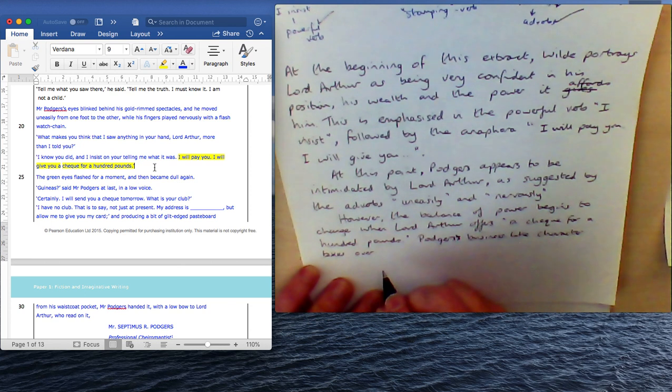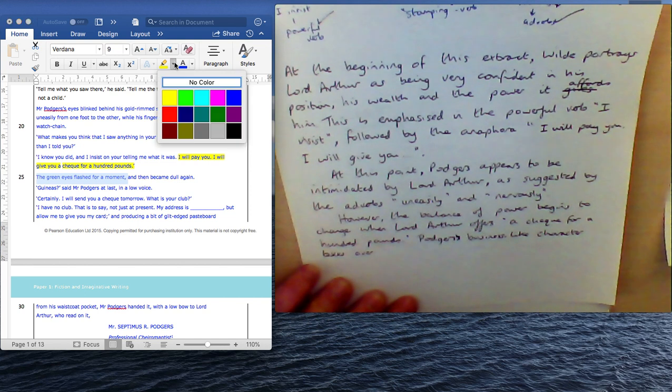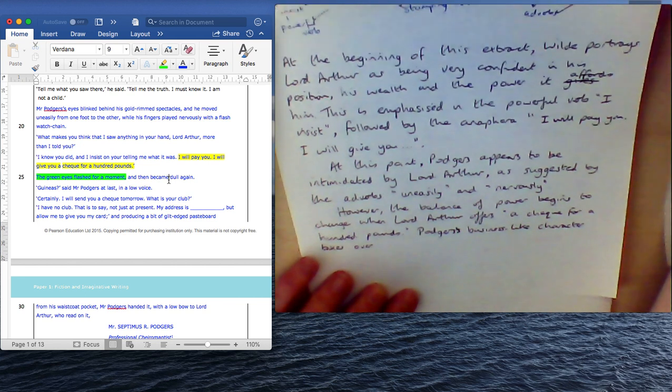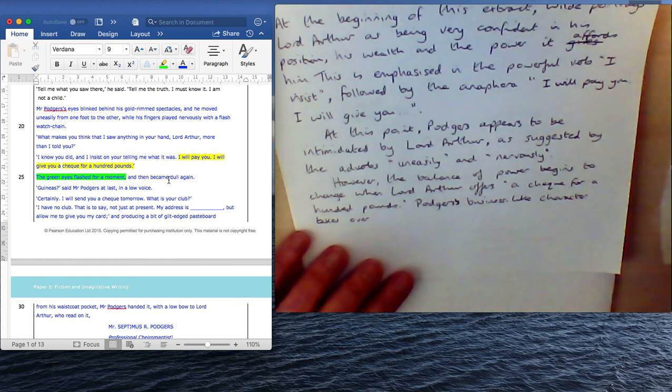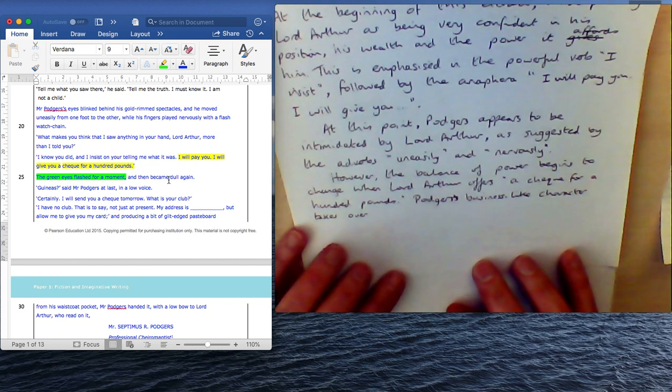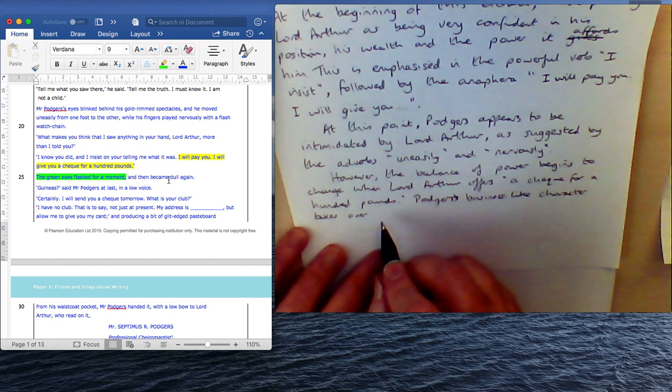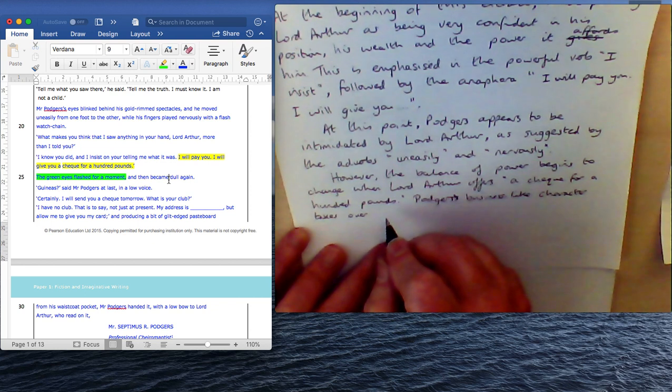As hinted at, his green eyes flashed. Is that phrase I want to look at, because this is the turning point there. The green eyes flashed. I might actually highlight that in green to show you that it's a turning point in the section. When that money is offered, suddenly Podgers becomes interested in actually doing as Lord Arthur wishes, because he sees some profit in it for himself. So Podgers' businesslike character takes over,